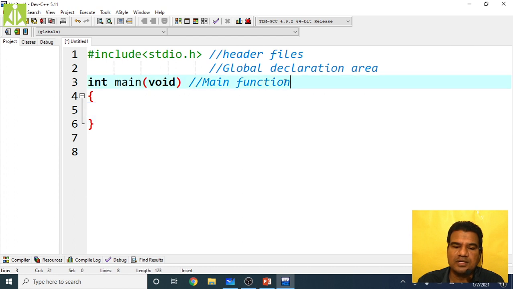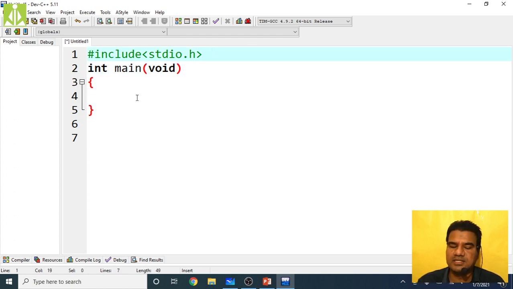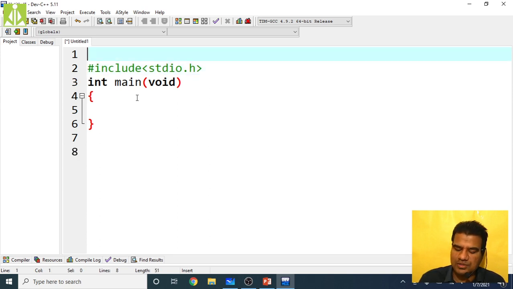In each and every program I'm going to write these statements, starting with hash include stdio.h. For your understanding, I'm writing comments also. Previously I wrote a single line comment, now I'm writing a multi-line comment.